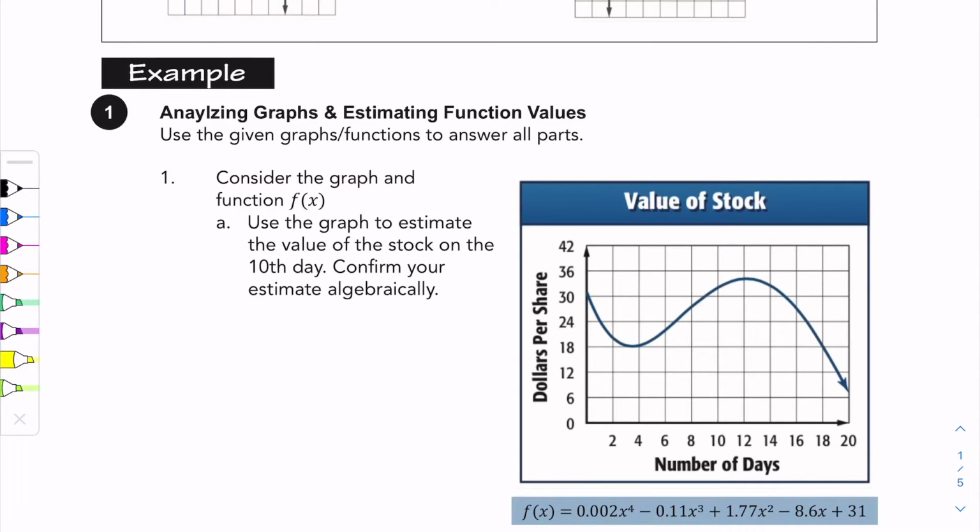So to start off with, we want to think to ourselves, all right, when is the x value 10 and what is the corresponding y value? Right here is an x value of 10. Let's trace this line up to approximately right here. And then if we trace this line over to our corresponding y value, it would be at approximately 32. So think to yourself,